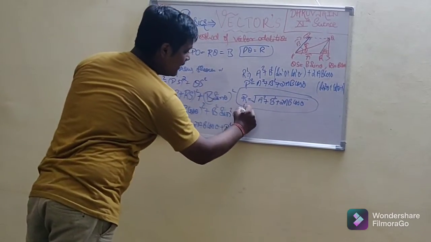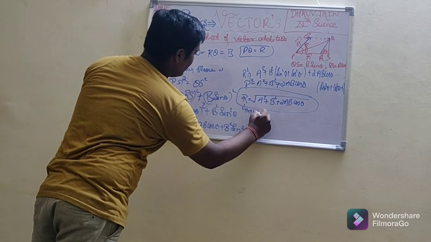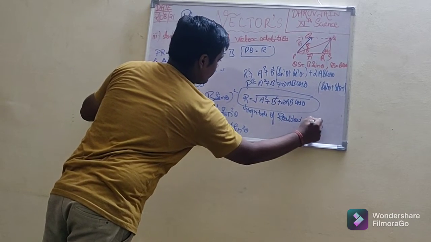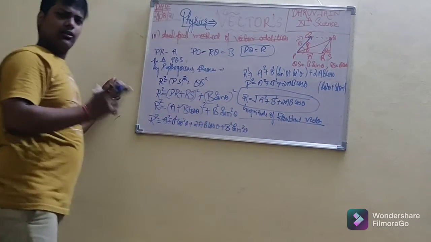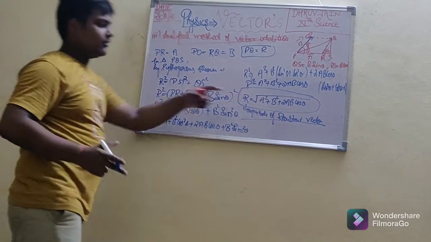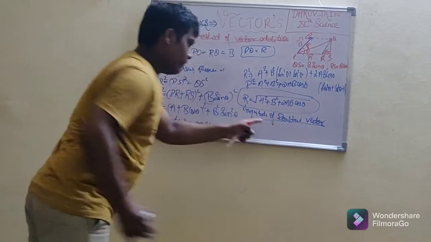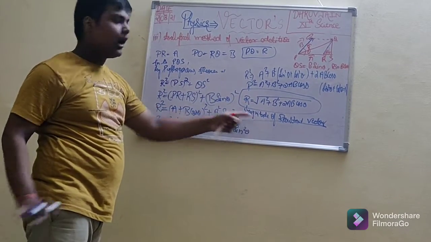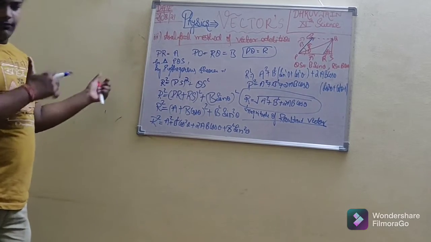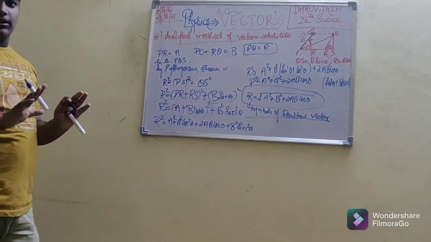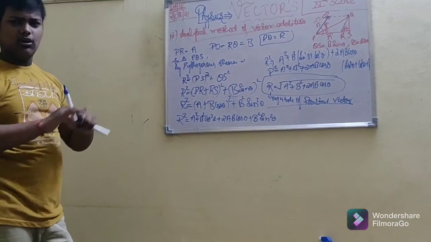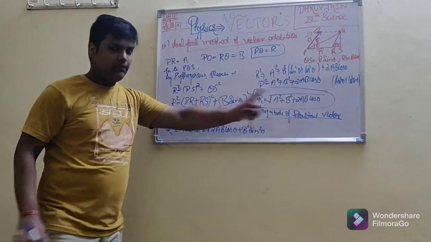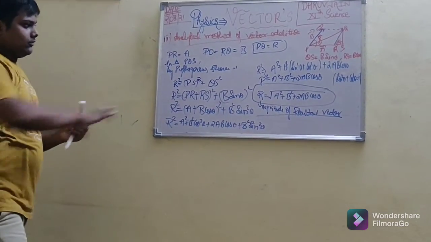R represents the magnitude of the resultant. As I am repeating so many times, a vector represents magnitude and direction. By this formula we can only find out the magnitude. As we did in the before two methods, those methods are totally constructive. We have to use scale, protractor, all these things. But in this, all the values are given. We have to apply this formula and we can simply find it out. So this is our formula.